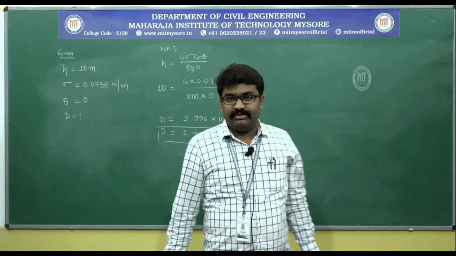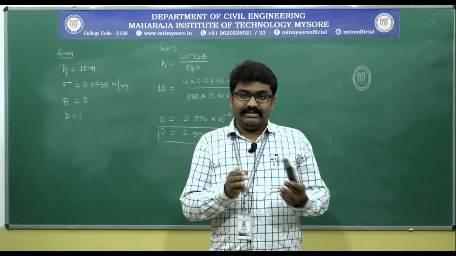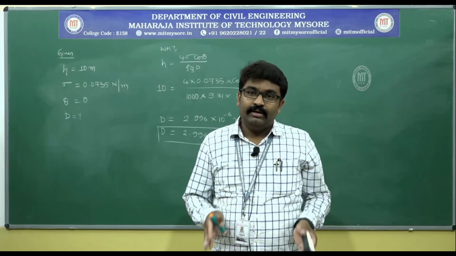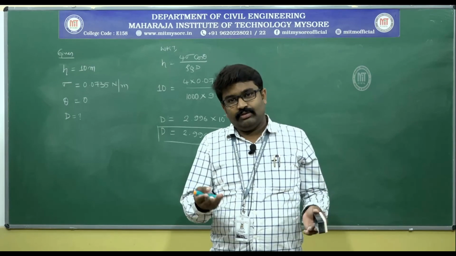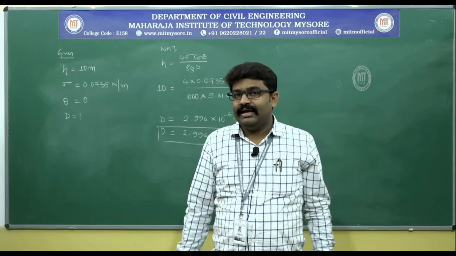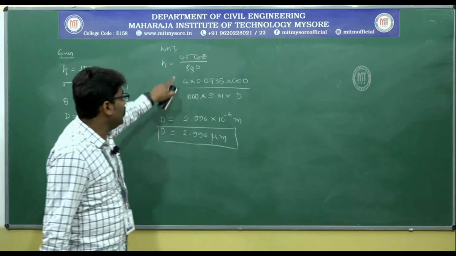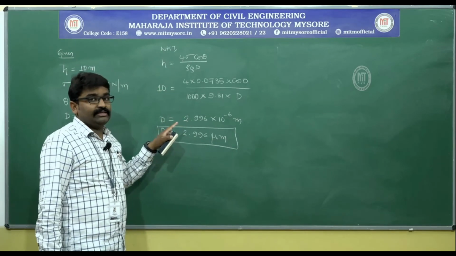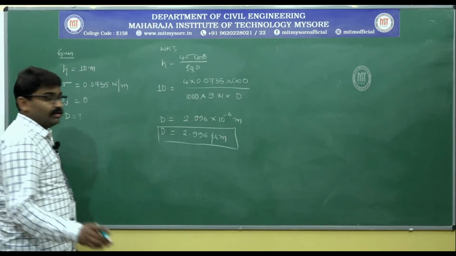Please be a little cautious when you solve this problem, because this is not in the tube, but this is capillarity between two parallel plates. When you have two parallel plates and you know that there is going to be only capillary rise, what is the equation that we use? Instead of 4 sigma cos theta, you have to remember that it is 2 sigma cos theta. Rest of the things you have absolutely no change.